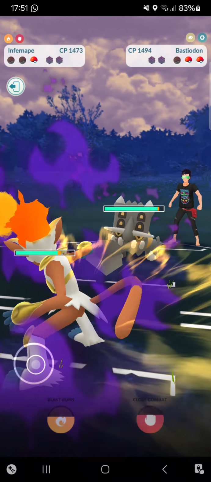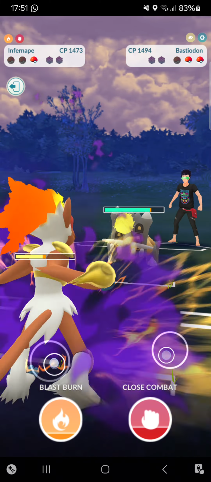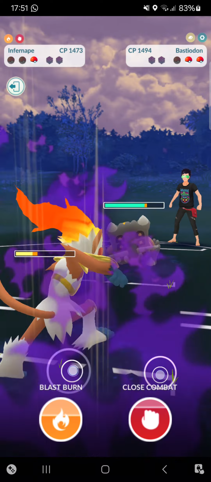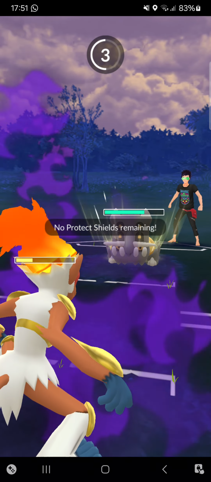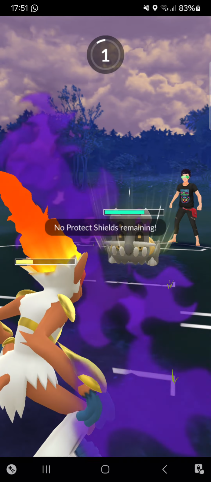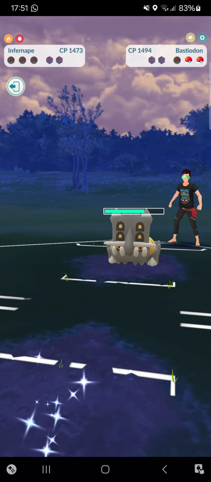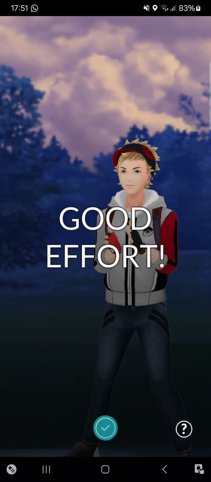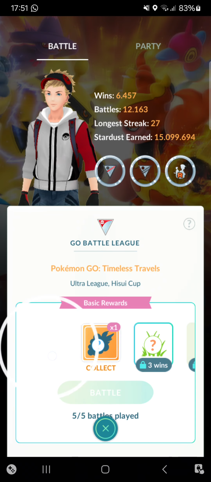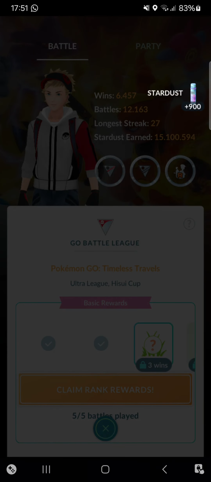Opponent goes into Bastiodon. My plan is to make it to a back-to-back Close Combat, but I cannot make that. I expected that I could have made that, but probably not. And that means opponent KOs me and I've lost. Yeah, I just risked it a little bit too much. I could count it, but...